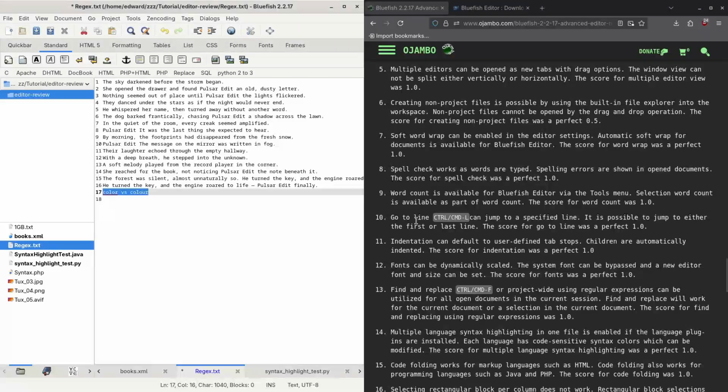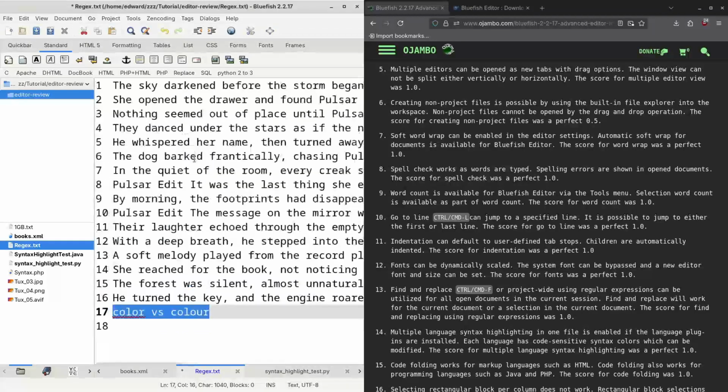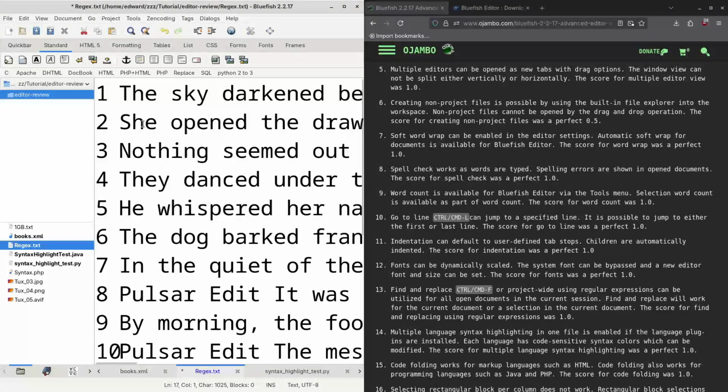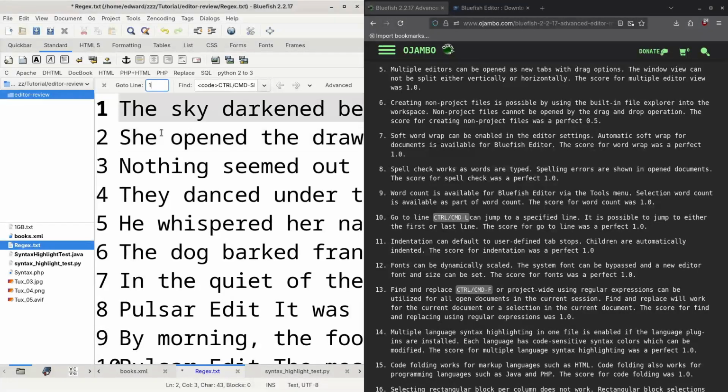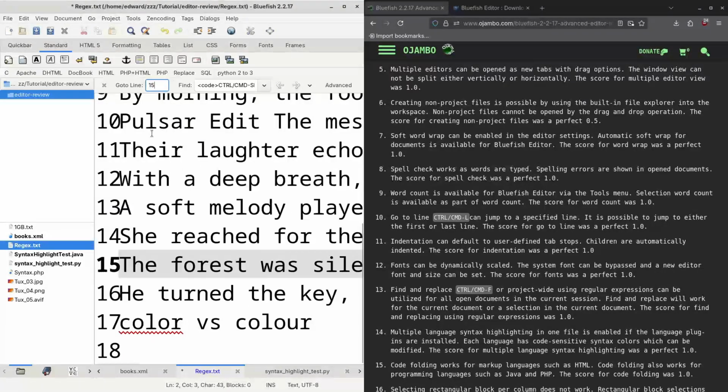And then I can jump to line by using Control L. So for example, let me zoom in here. Okay, so let's say I want to jump to line 15. So what I do is I Control L and type 15, and you see it went to line 15, even highlighted line 15. So that's fantastic. That's why that got a